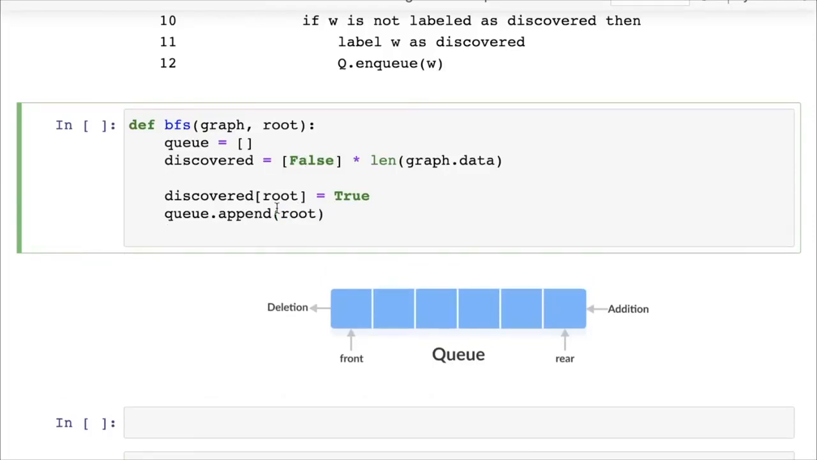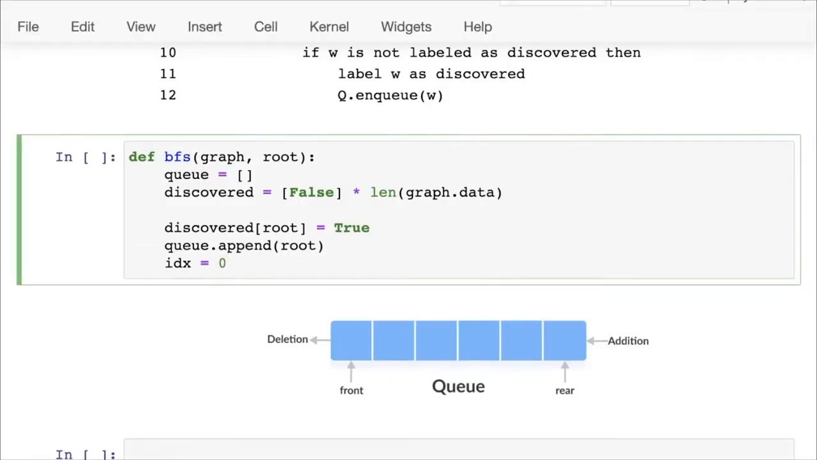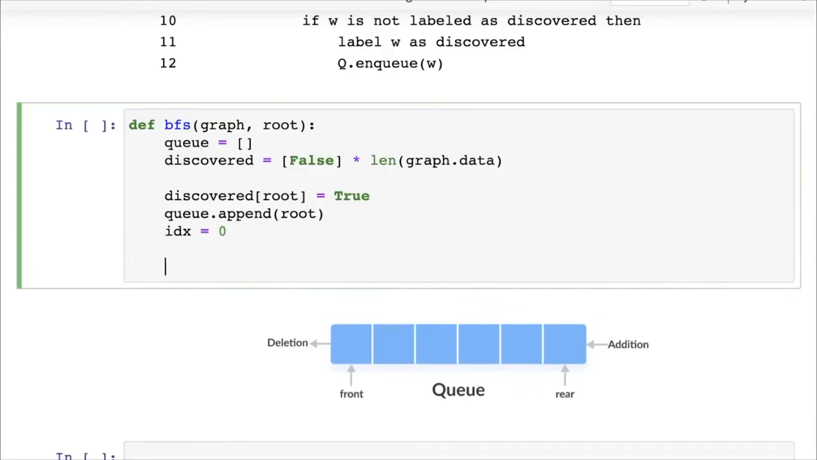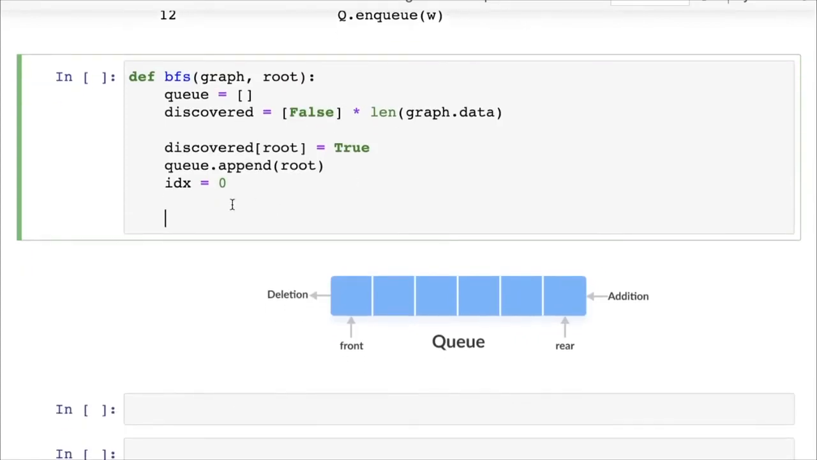Now Python lists by default do not support a dequeue operation. So what we will do is set up an index which will track the first available element in the queue. Whenever we dequeue an element, we will increase the index so that we move forward. So here we have the index idx equal to 0. Now while there are elements in the queue, which means while the next available index is less than the length of the queue,